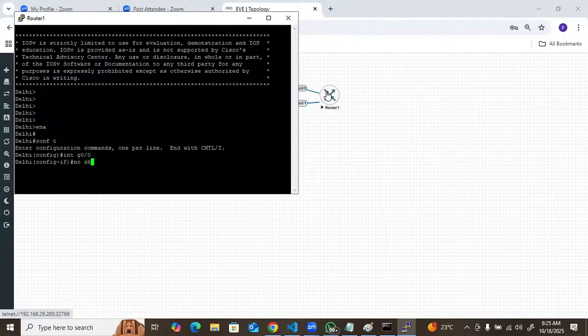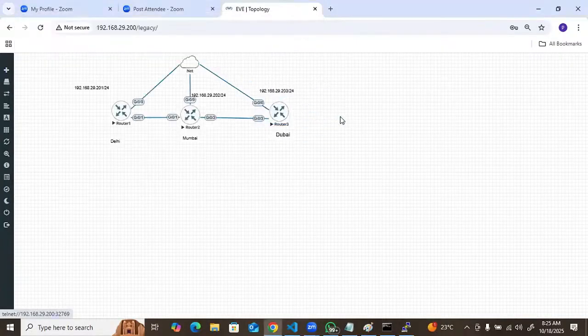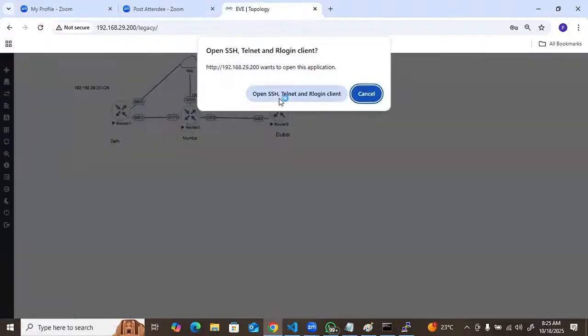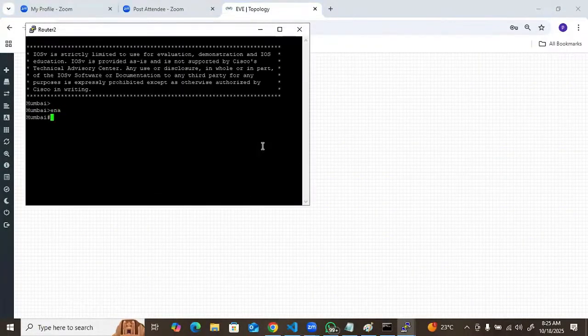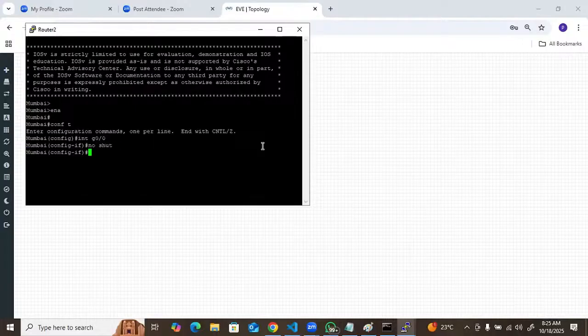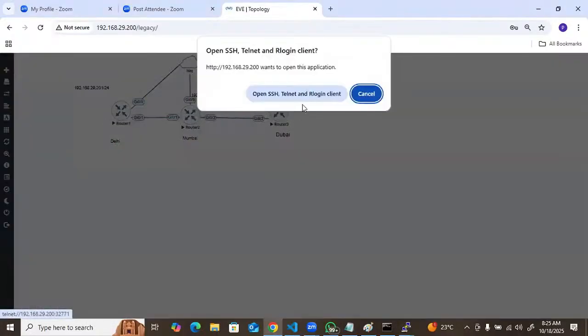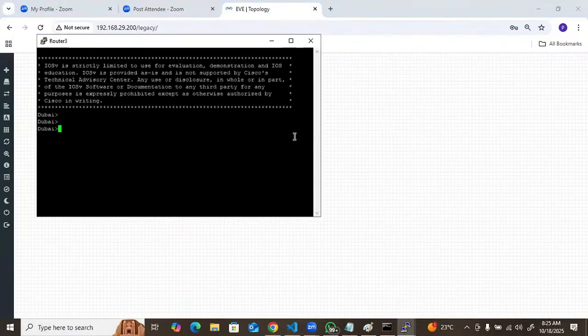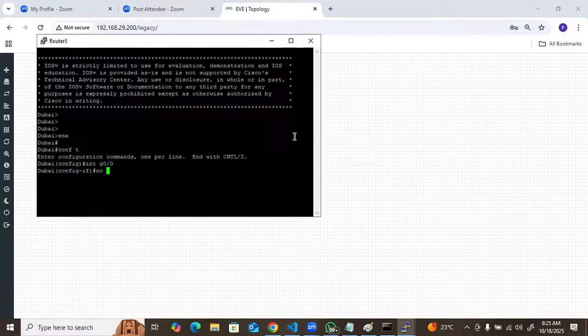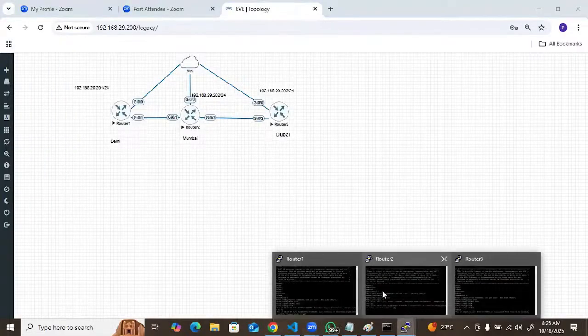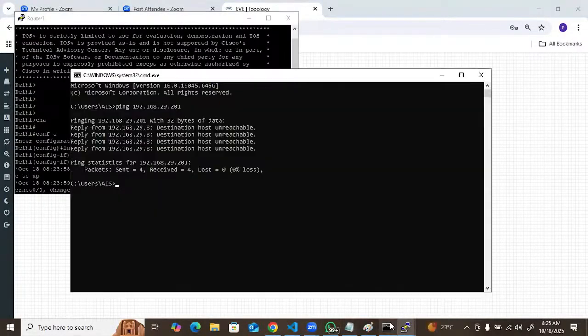Interface 0/0 no shut. Interface 0/0 no shut. And this one is there now. Interface 0/0 no shut. Now let me check.